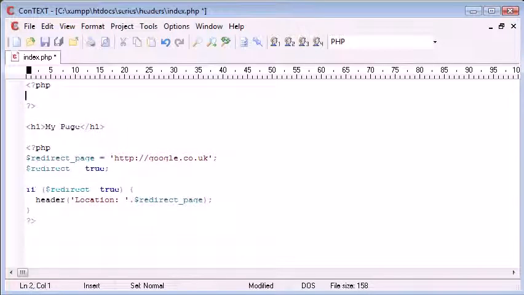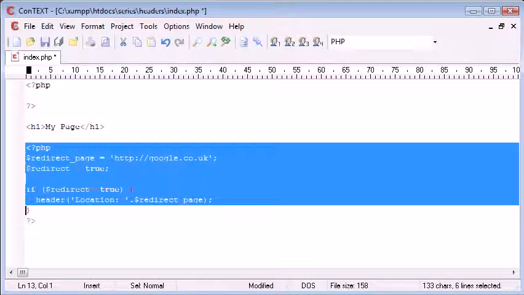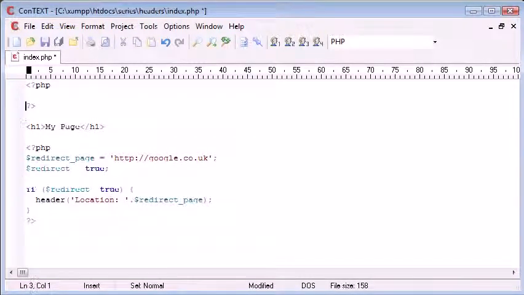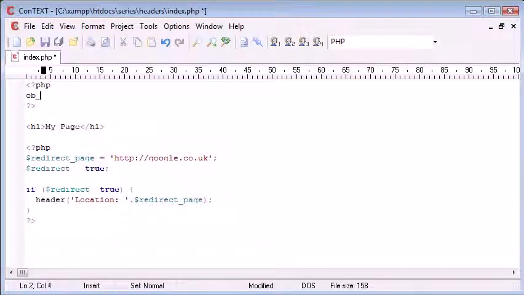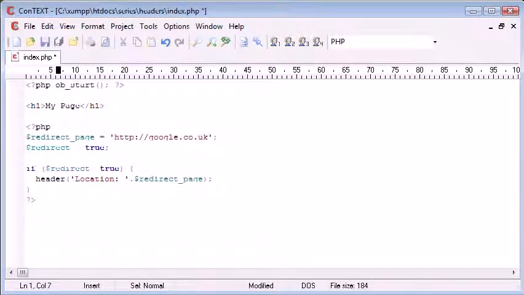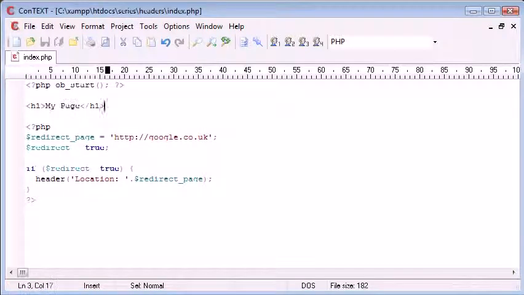So I'm going to create some PHP tags up here before my output and also before the code that uses the header. So this is going at the very top of my page before any output, and we use ob_start, just called on its own with no arguments supplied. You can also pull this up a bit so it looks neater, all on one line. Okay, so ob_start will not output anything on the page. Well, it will, but the page output will be stored in an internal buffer rather than